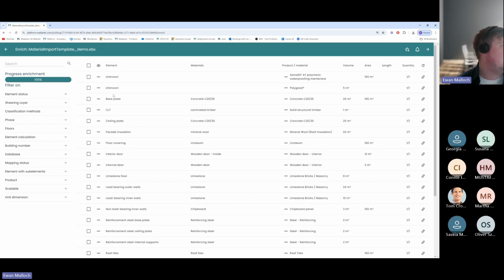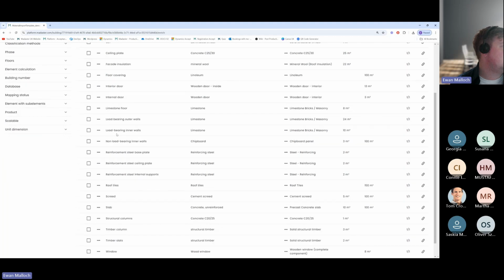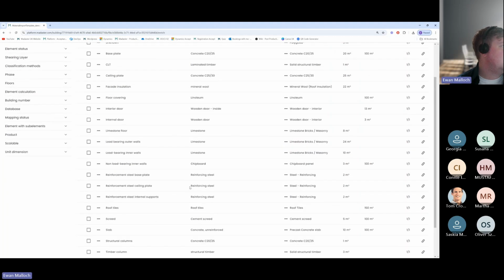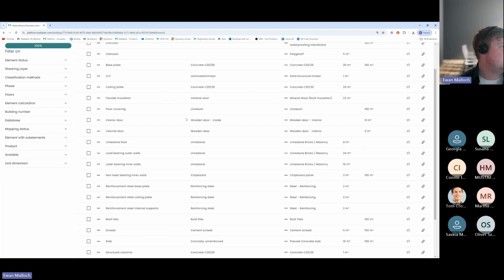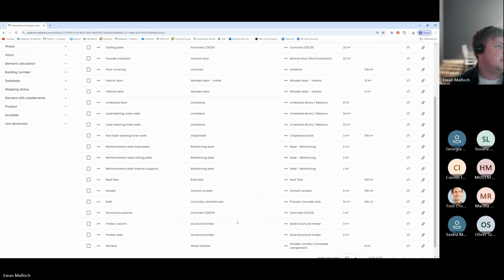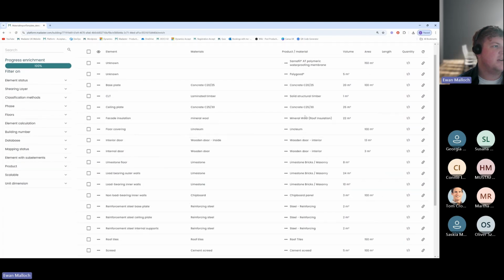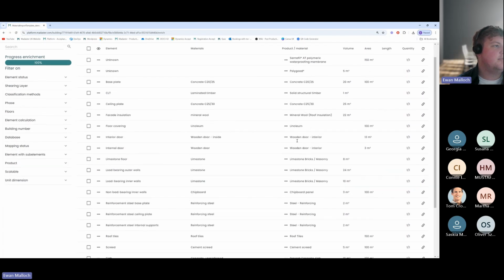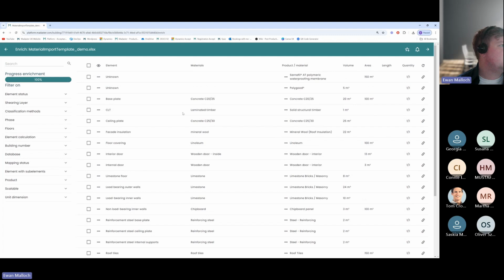So on the left-hand side here, we have the elements that I specified in the Excel sheet. I then have in the middle column the material that I assigned within the Excel sheet. And on the right-hand side, we have the products and materials that I've managed to automatically link to within the generic database that I chose. There's a few things we can do within here, so we might want to just double check that we've got the correct information associated. You can see that this laminated timber has matched with solid structural timber. Maybe we want to have a look at this one and connect it to a different data source,